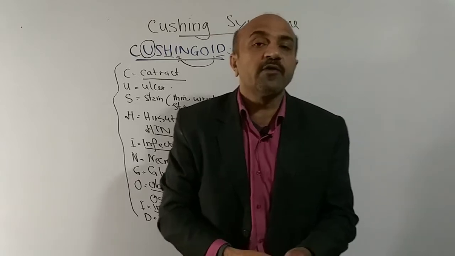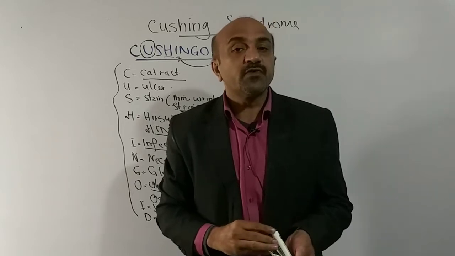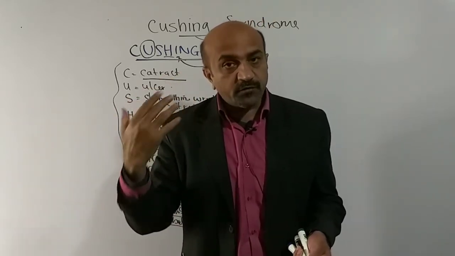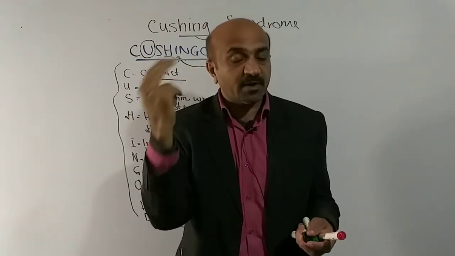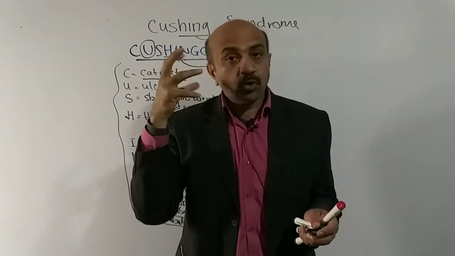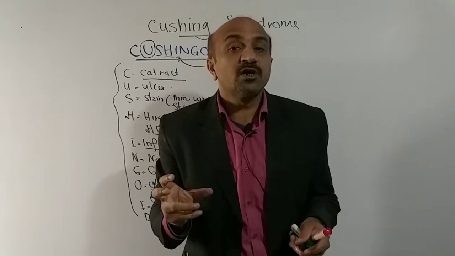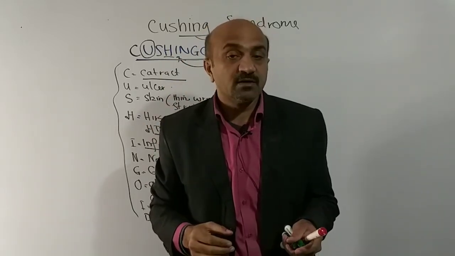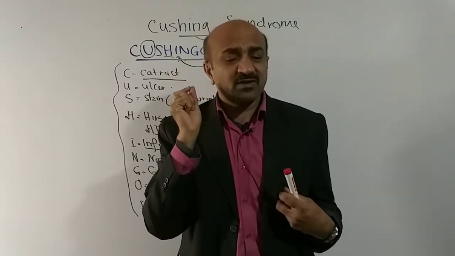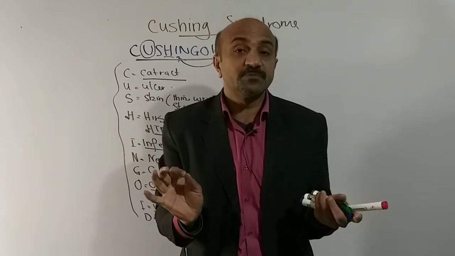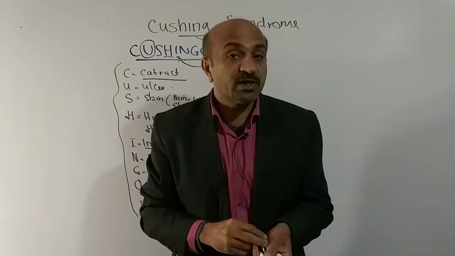So all those patients who have persistently high concentration of cortisol in their body, they'll be suffering from all of these manifestation. Mentally they are always disturbed. They have psychotic spell. Anatomically, if you look at their skull, they may have an enlarged sella turcica if there is adenoma of the pituitary gland. And if you come down, these patients may have very brittle and soft and thin skin, which wrinkles very easily. These patients have ulcers on their body, and they may also be suffering from the gastric ulcer.